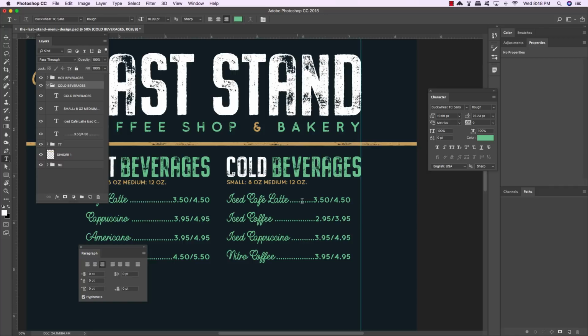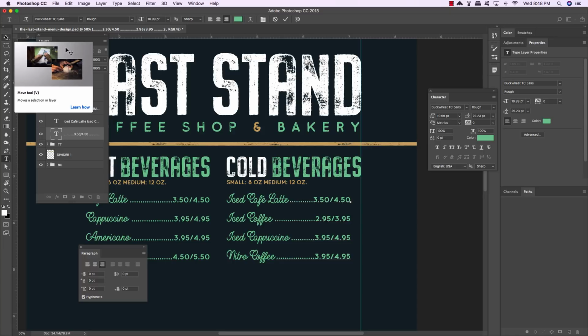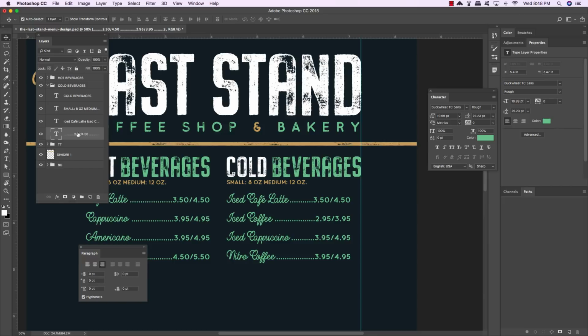Now that we know where we need to be, we can come in here back to our prices, and what we can do is grab that whole layer, hold the Shift key, tap the right arrow until that lines up as well. And now we can go ahead and add a few more periods here to each of these lines. All right, but again, because we made it right justified, it's a little bit easier to go in and